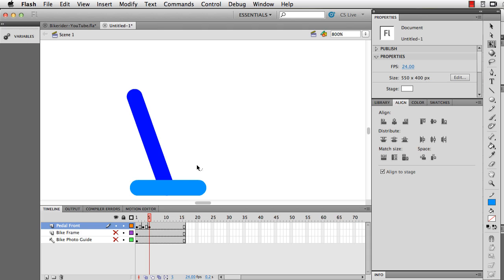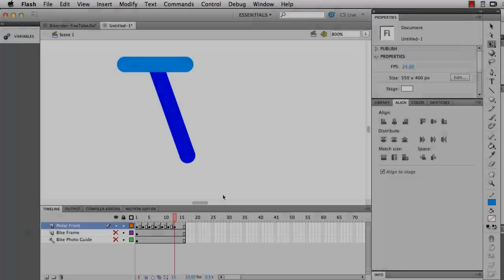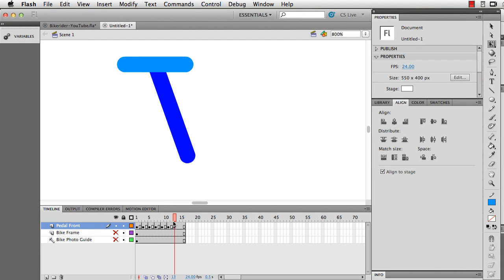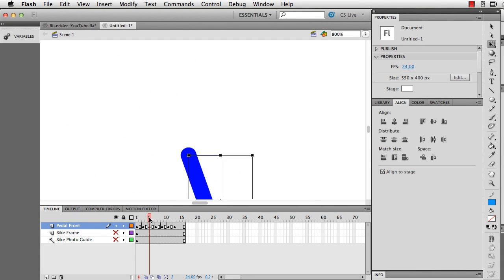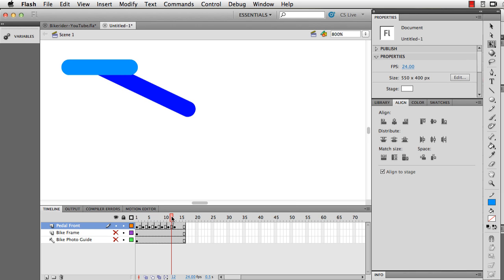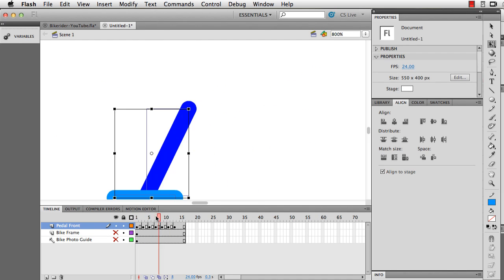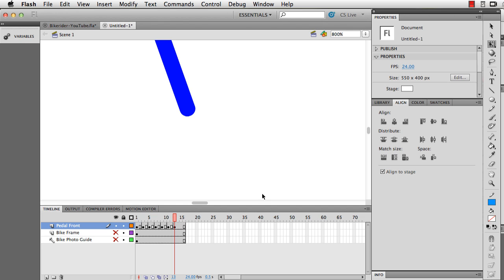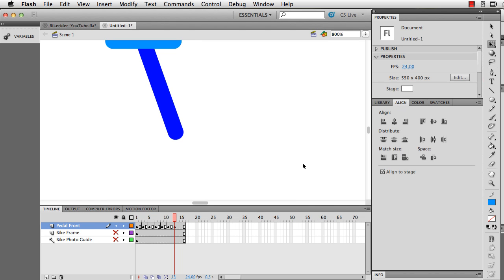And we are going to continue creating this rotation for each keyframe. And I've created some of the additional keyframes offline here. So my paddle is rotating almost all the way around now, as you can see as I move my playhead over the timeline. And I'm going to just do the last position